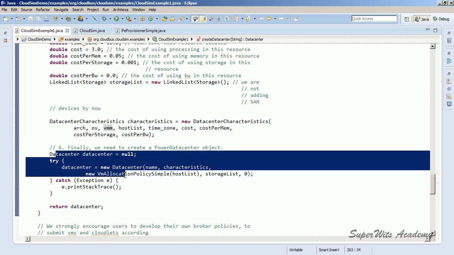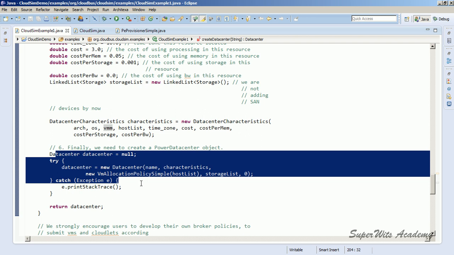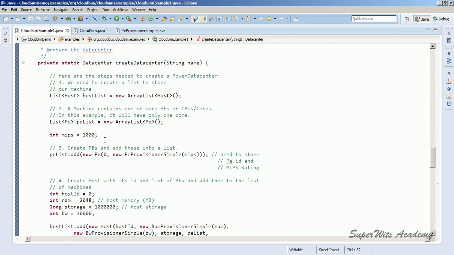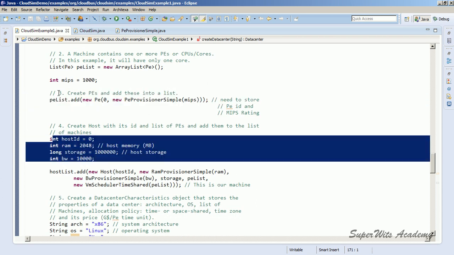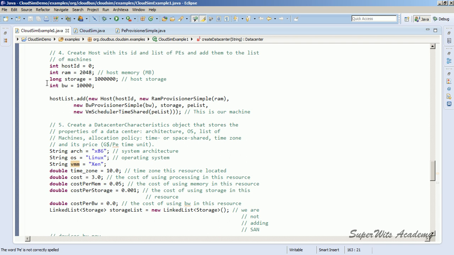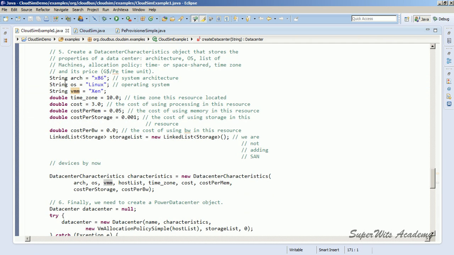So for creating the data center in this simulation, you first need to specify the processing elements, then the host which will house the processing elements, and then those host lists will be clubbed with the characteristics of the data center,